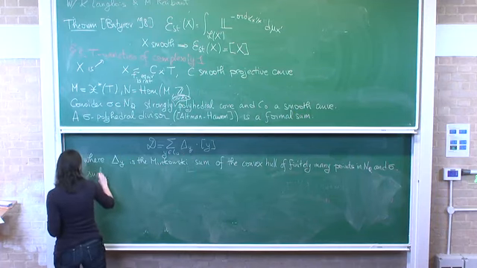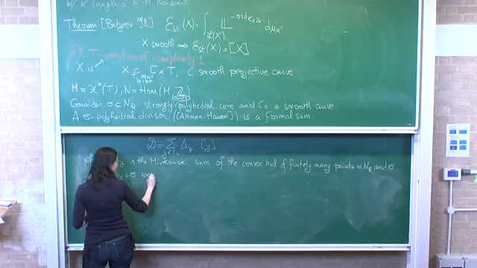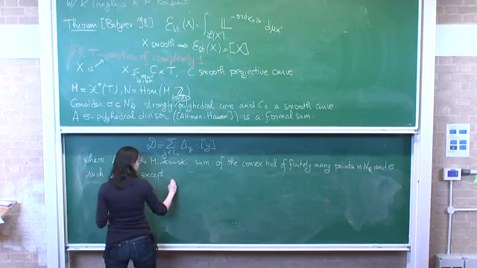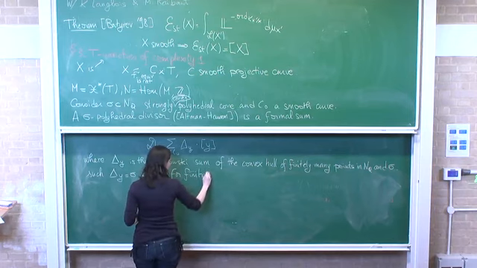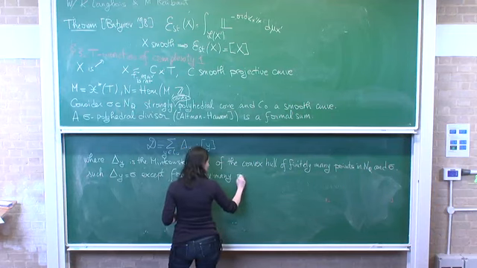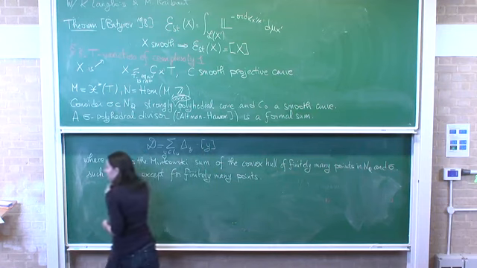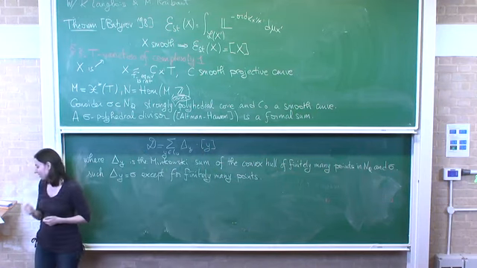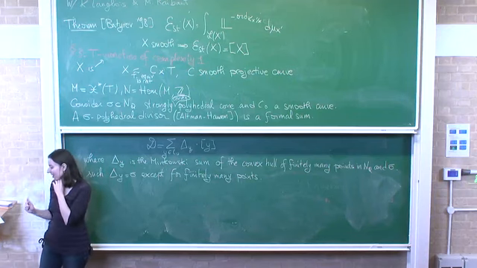So such that delta y is just sigma, except for finitely many points. Now, associated with that, I can define